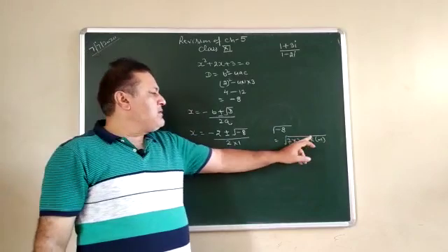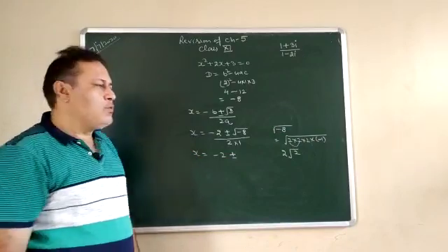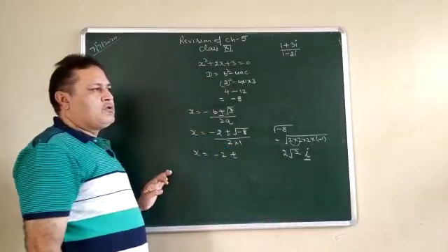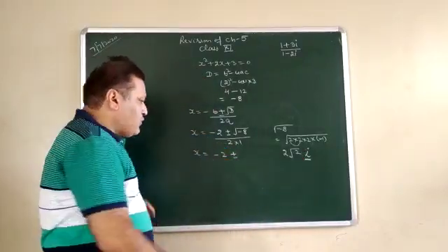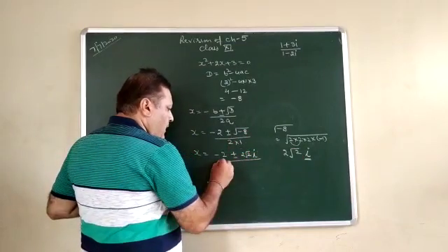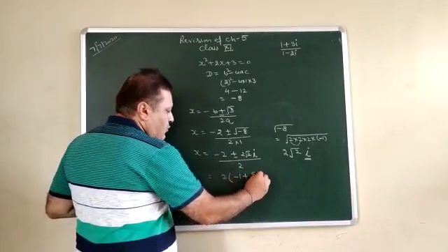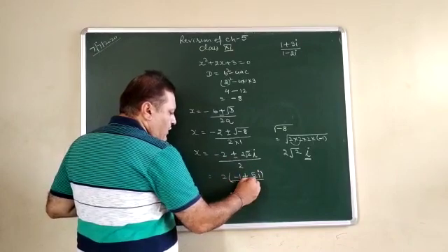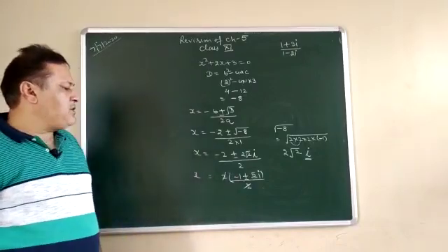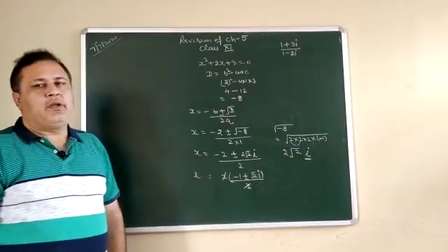Whenever a negative sign is contained under root, it is the formation of iota, that is imaginary roots. So it is called iota. This is called the imaginary root, which is represented with the help of iota. So its answer becomes 2 root 2 iota upon 2, where 2 gets cancelled. What is left? Minus 1 plus minus under root 2 iota, upon 2, along with plus and minus. This 2 gets cancelled. So the value of x is minus 1 plus minus under root 2 iota. Due to this iota, the roots are said to be imaginary.